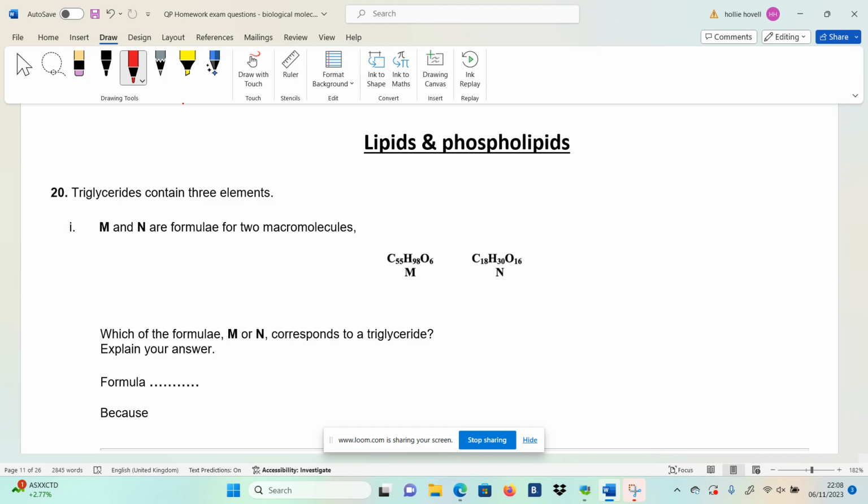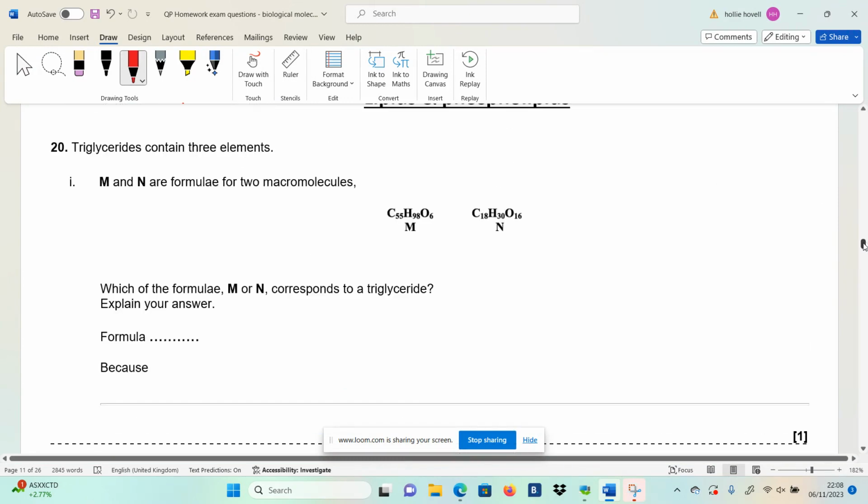So the first question: triglycerides contain three elements. M and N are formulae for two macromolecules. Which of the formulae, M or N, corresponds to a triglyceride? Explain your answer. Okay, so you're not expected to know this, you're expected to be able to work it out